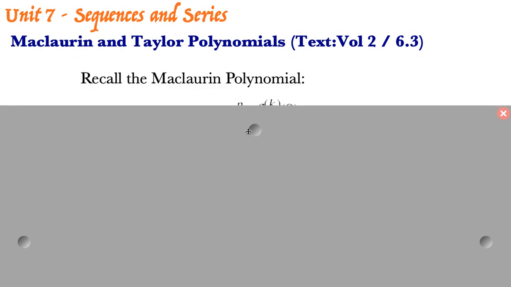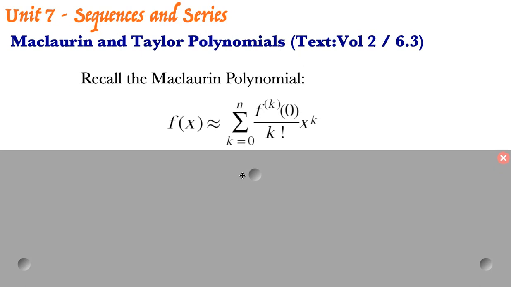So we already know the Maclaurin series. I'm just going to put this up here as a review. The Maclaurin polynomial was this thing that looked like this. It was used to approximate a function. So if we have a function that we already know, we can approximate it by using a polynomial, and the polynomial was designed by kind of